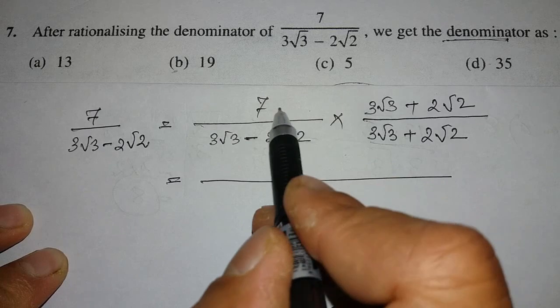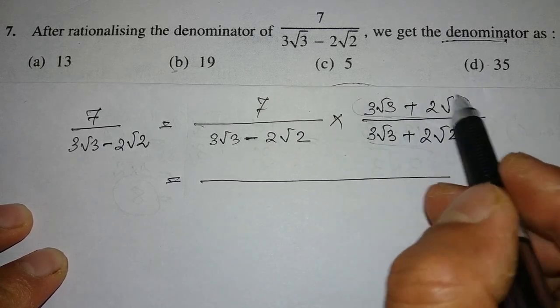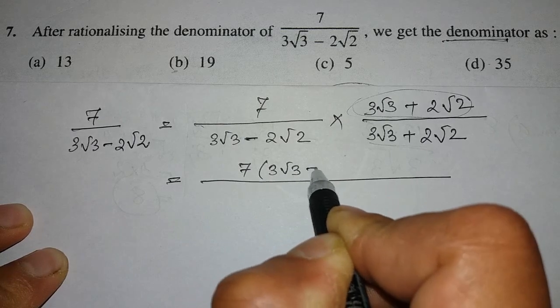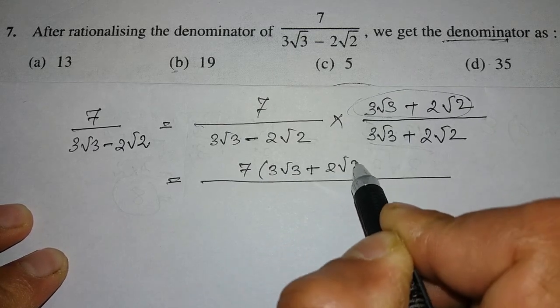Now numerator is 7 into this, so you write the same thing here, 3 root 3 plus 2 root 2,